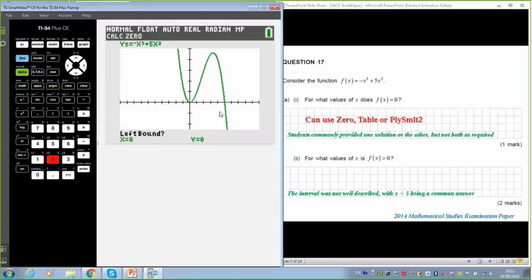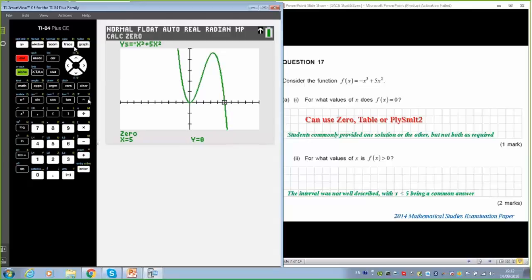So left bound, well, let's take this one over here for a minute. 1, 2, 3, 4. Oops, no, we don't want to do 5. Let's do 4. That's looking good. And to 6, well, I reckon that's looking like 5 myself. And lo and behold, it is.